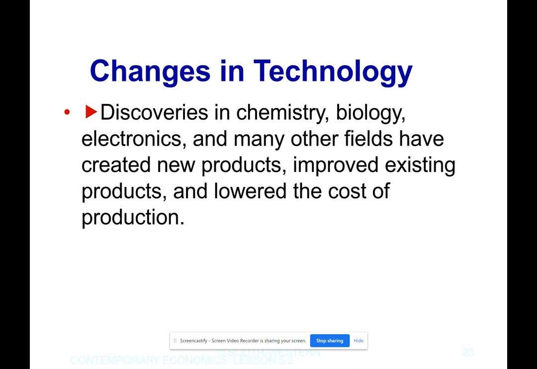We see changes in technology. We know that discoveries in chemistry, biology, electronics, and other fields have created new products and improved existing products, lowering the cost of production. Trying to think of an example. So many examples. Just like computers,